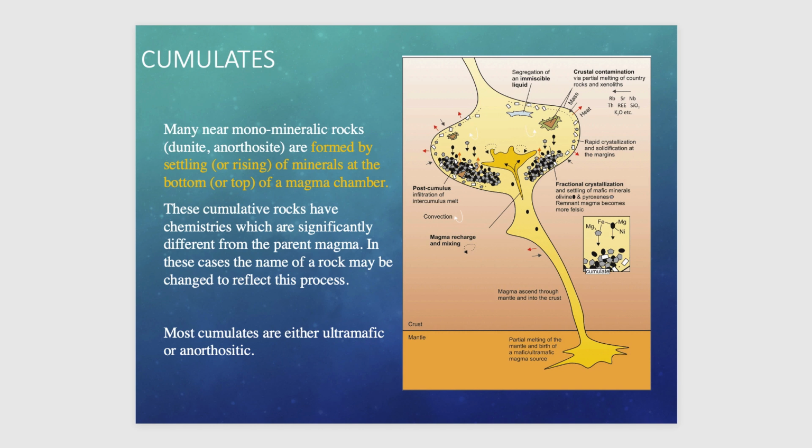If it's lower, quite often the minerals that are usually felsic will float on the top of the chamber. The other case is when they are denser materials compared to the magma,